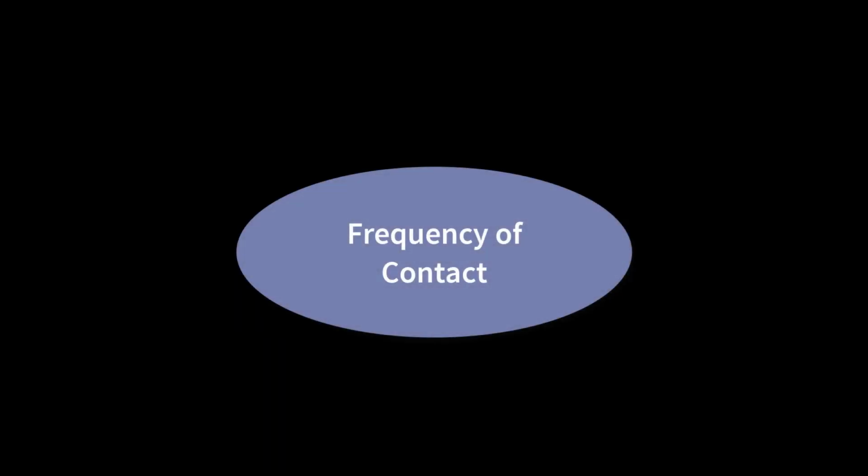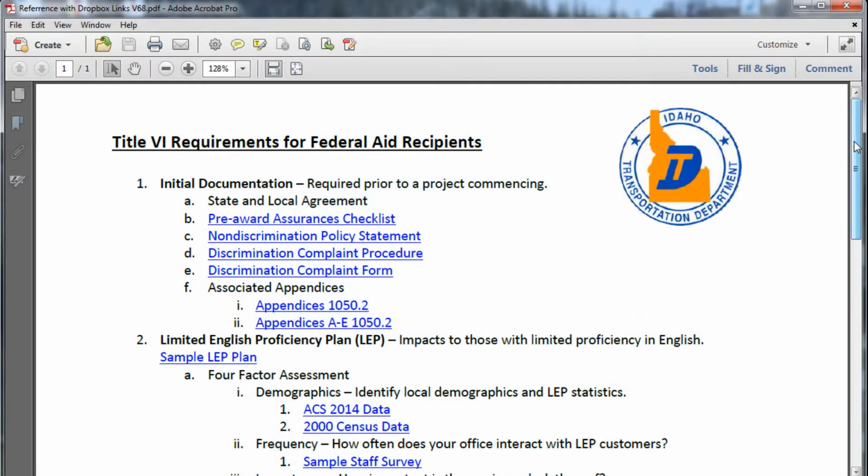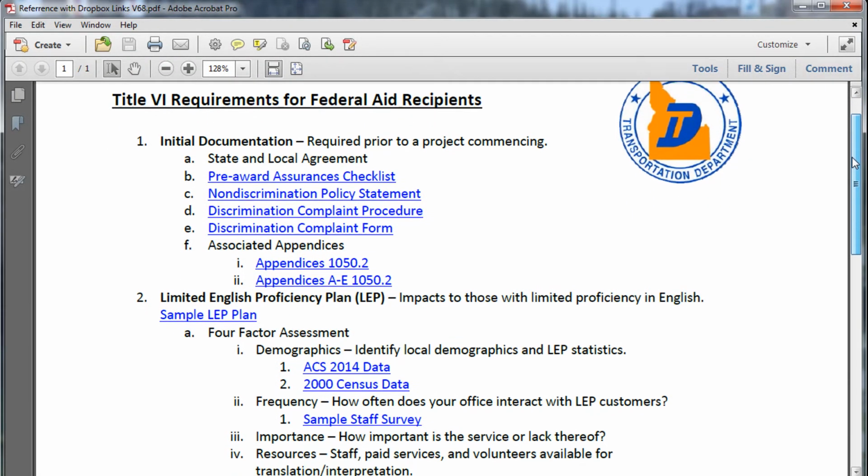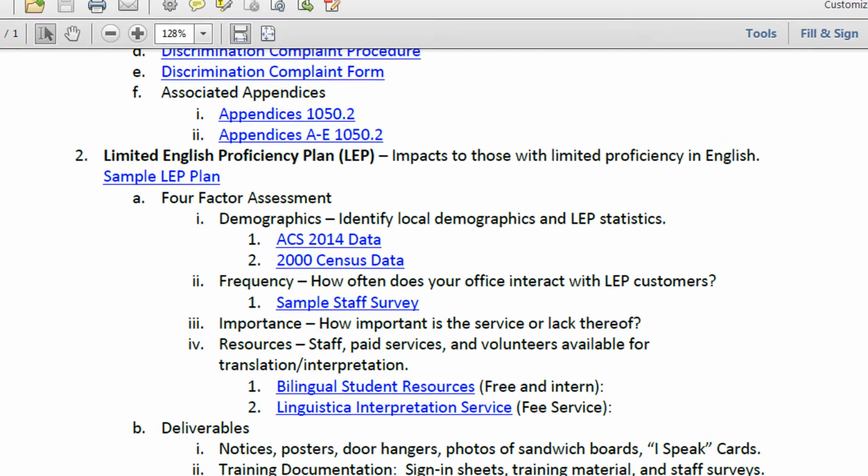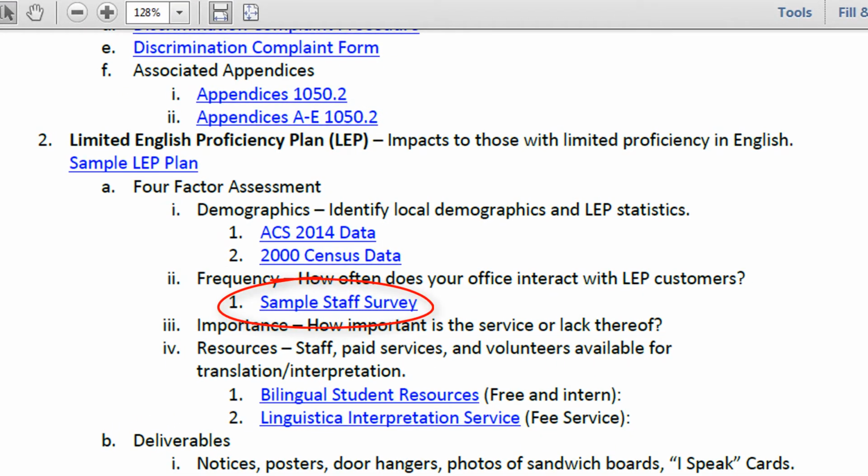Now let's look at Factor 2, frequency of contact. Factor 2 shows how often non-English speakers or LEP customers come into contact with your agency. Most agencies will create a simple survey for staff members to complete. Let's go back to the compiled list of references and open the staff survey PDF and review it. This survey serves multiple purposes.